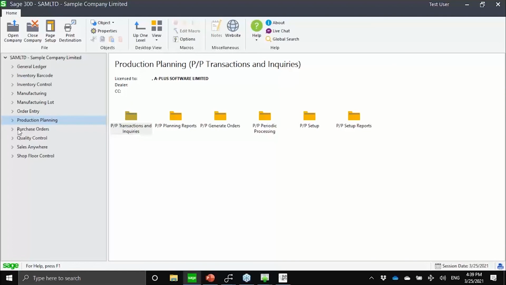One quick thing I just want to highlight here is that when we talk about production planning, just note we're not talking about capacity planning. So we don't include capacity in terms of plans. This is purely a material plan tool. Capacity planning is much more complex and very much more expensive. So it's not included within production